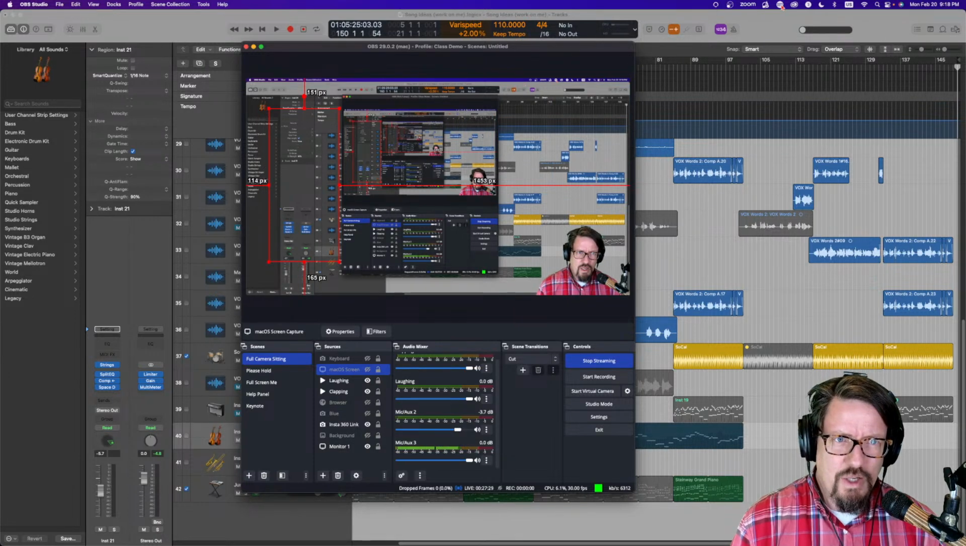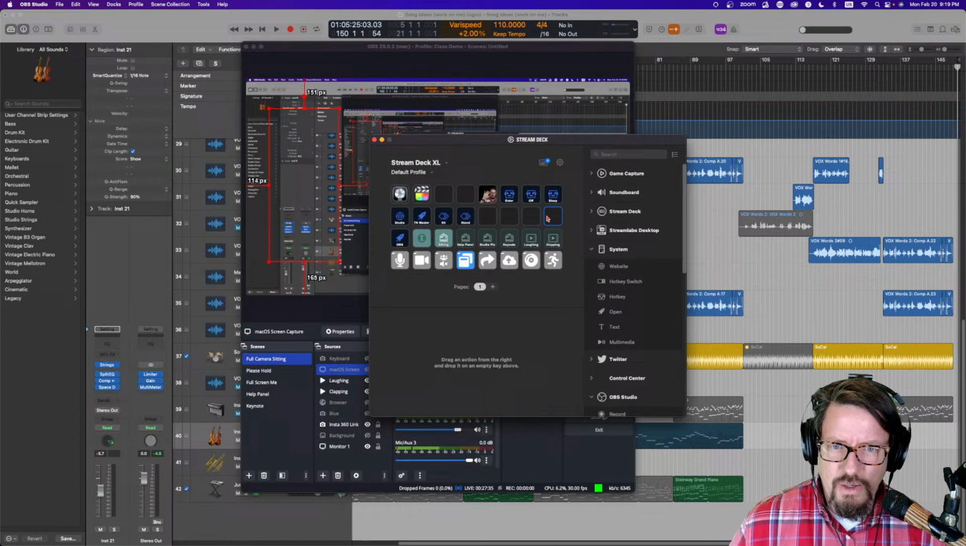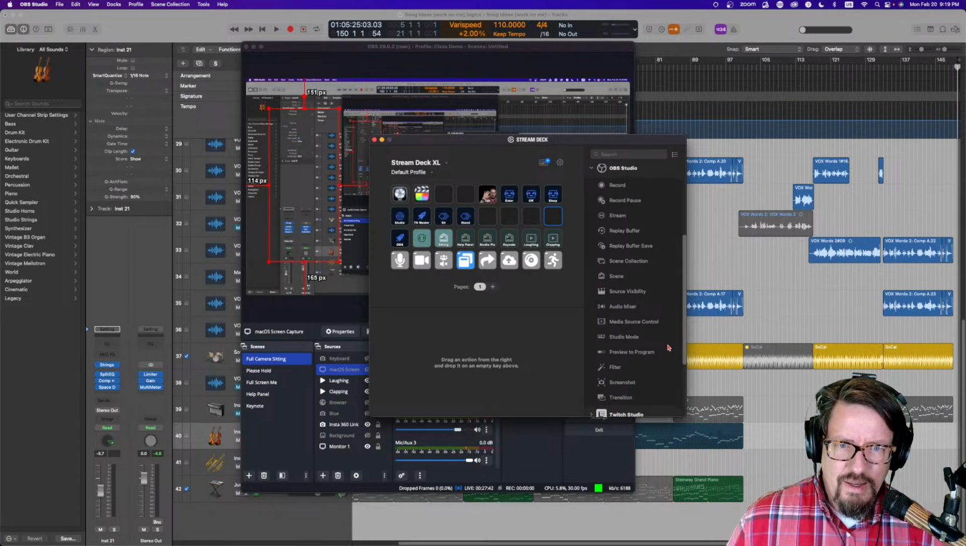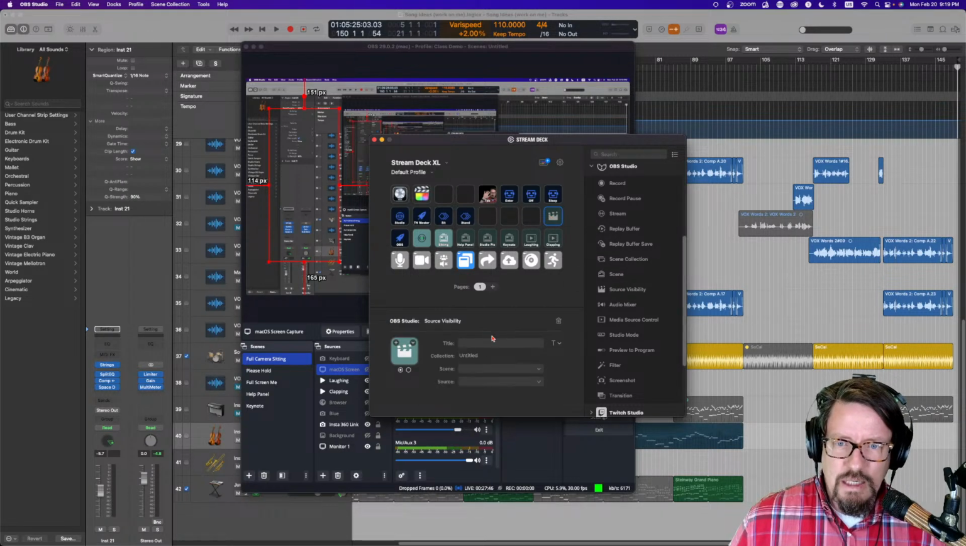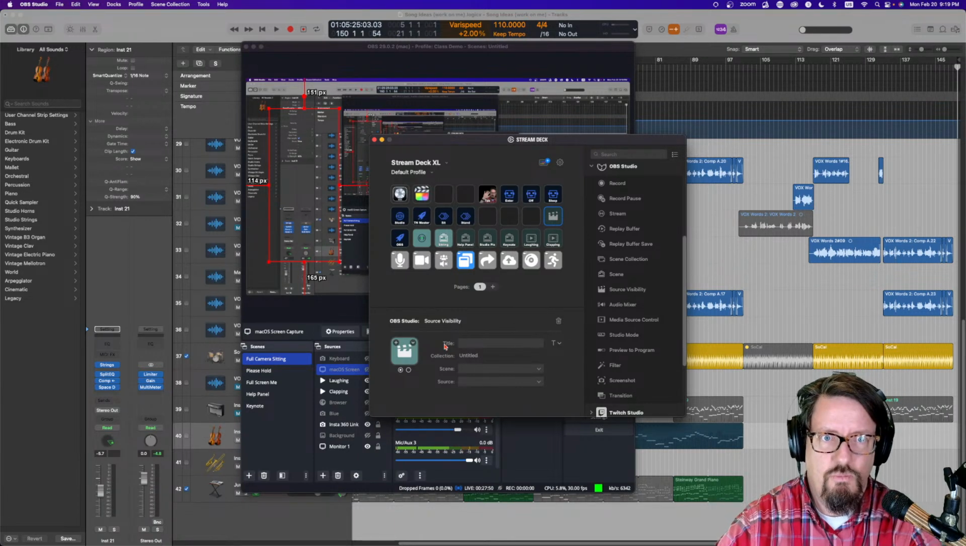let's do that real quick. I'll show you how that works. So I'm going to configure my Stream Deck here. You see I've got some empty buttons here. So let's go to OBS, Source Visibility. I'm going to drag that over right to here. And I'm going to say, let's do